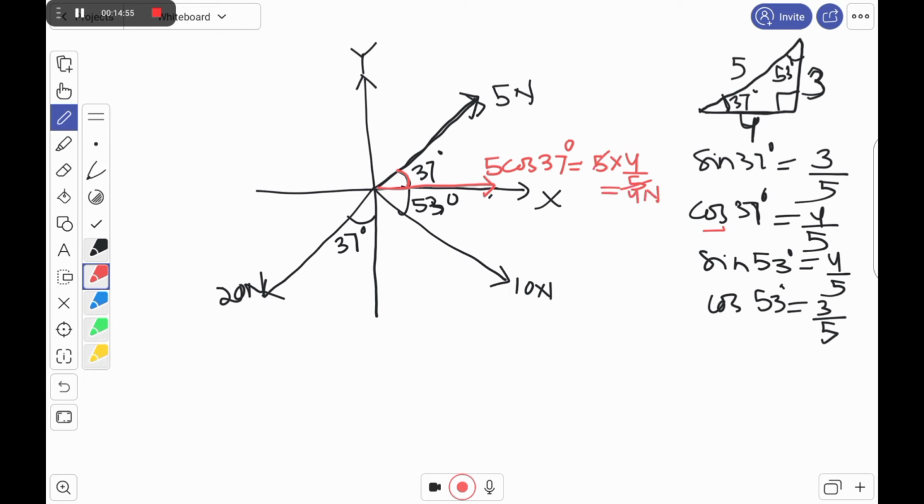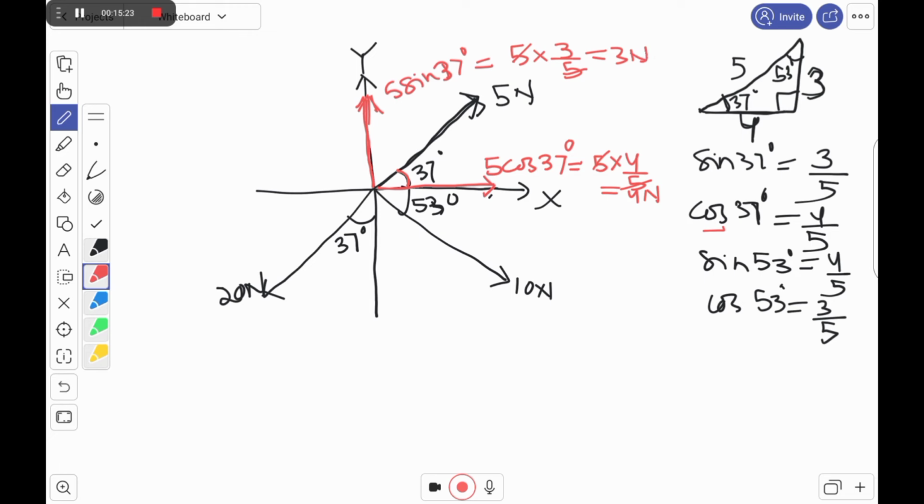And this will be your 5. See, this is your cos and 90 degree, perpendicular to this cos component. So it will be how much? 5 sin 37 degree. So how much is sin 37? 5 into sin 37 is 3 by 5. So you are going to get 3 Newton.